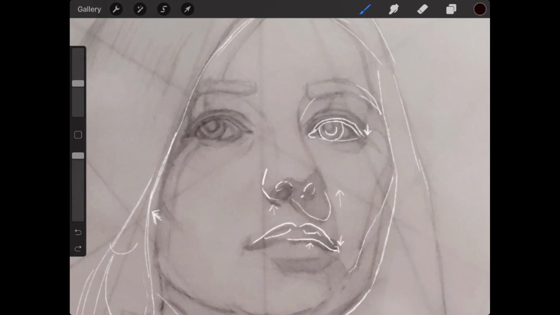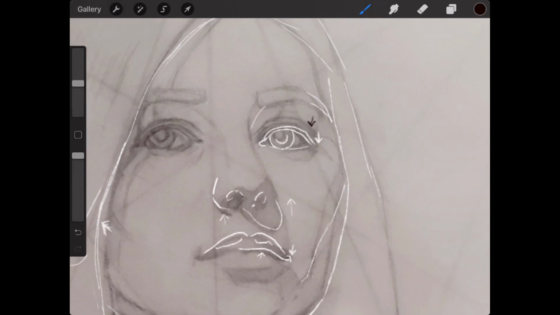Looking at the eyes here, you can see this eye was spot on. It was exactly where it needed to be. This eye needs to come down just a little bit, and let me show you.